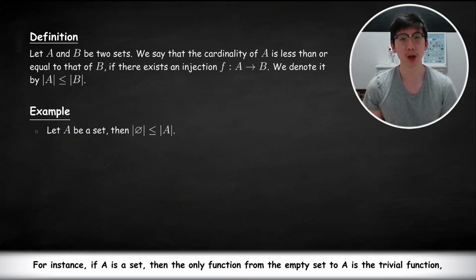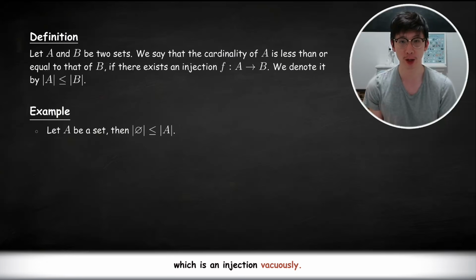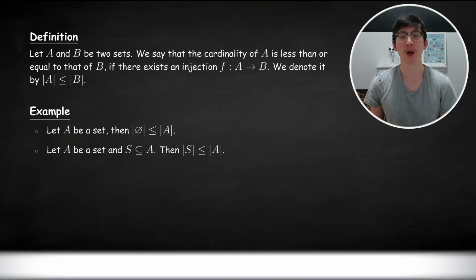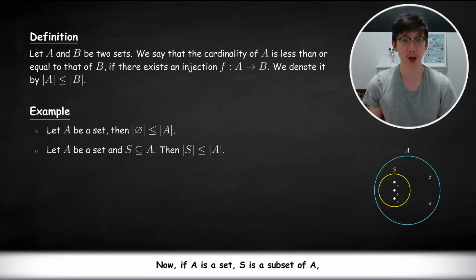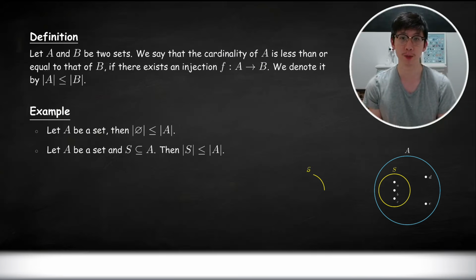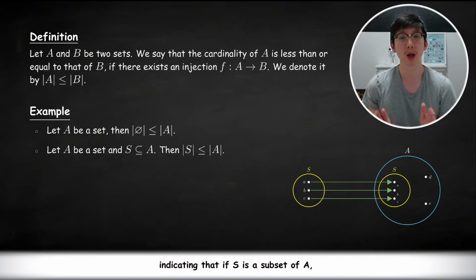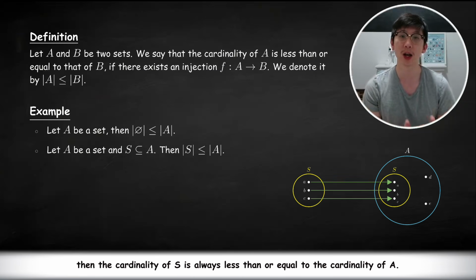B. For instance, if A is a set, then the only function from the empty set to A is the trivial function, which is an injection vacuously. As a result, we can say the cardinality of the empty set is less than or equal to the cardinality of an arbitrary set A. Now, if A is a set and S is a subset of A, we have already seen that the natural inclusion map from S to A will also be an injection, indicating that if S is a subset of A, then the cardinality of S is always less than or equal to the